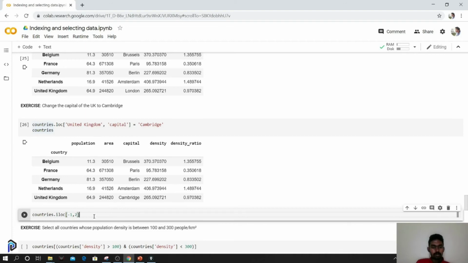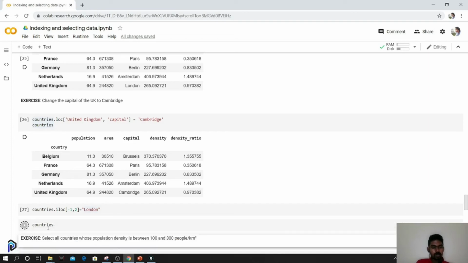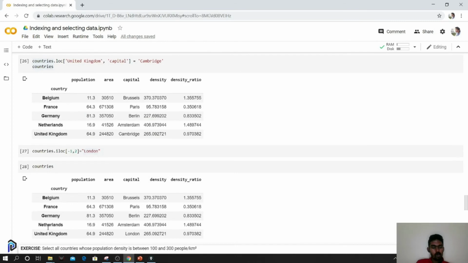So this is the index that we want to use. So we'll just put it as London. Okay, just let's print it again. From Cambridge it has again turned to London. So I hope iloc and loc is very clear to you.